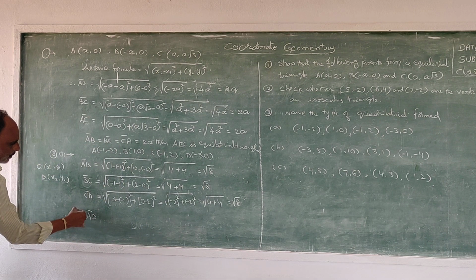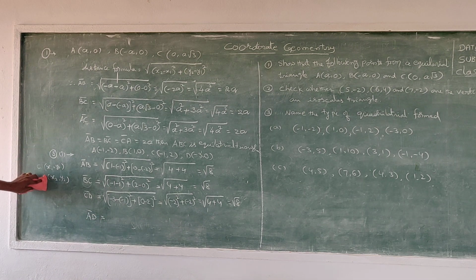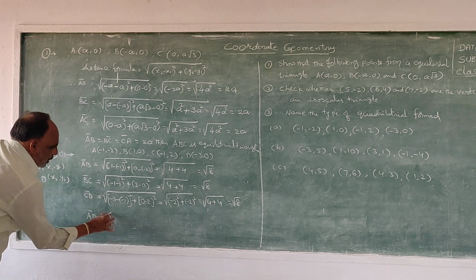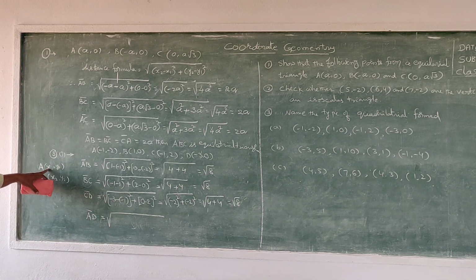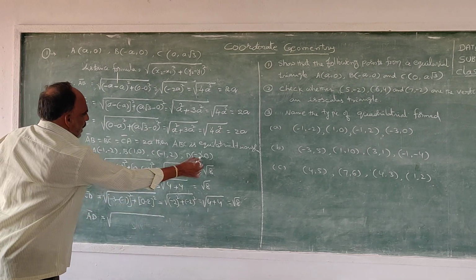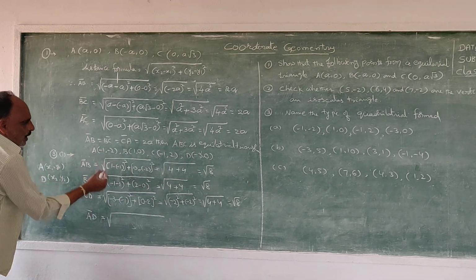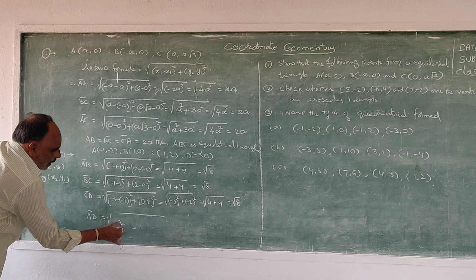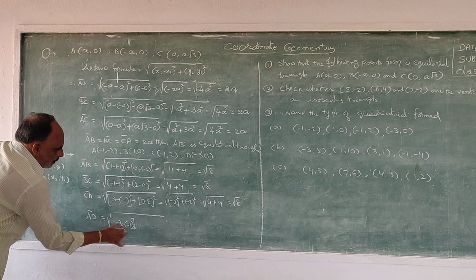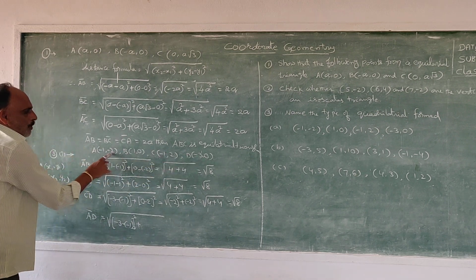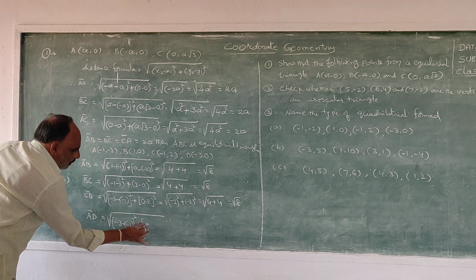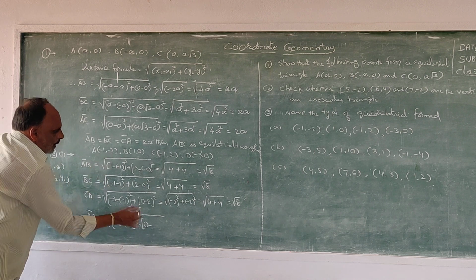length of AD. To compare A (x1, y1) and D (x2, y2), use the same distance formula. Substitute the values. x2 minus x1. So x2 is minus 3, x1 is minus 1. So minus 3 minus minus 1 whole square, plus y2 minus y1. So y2 is 0, minus y1 is minus 2